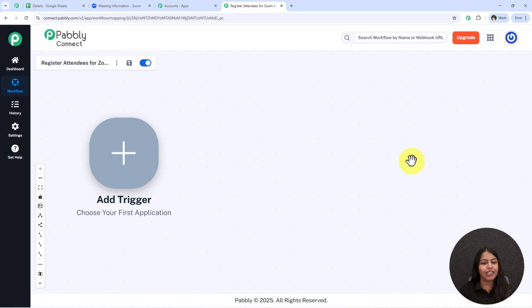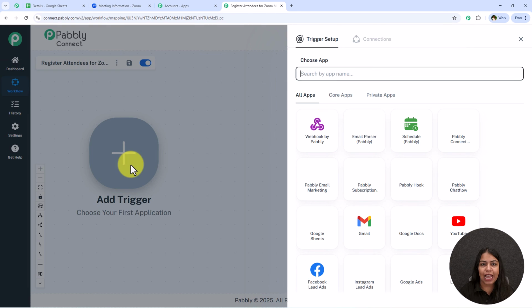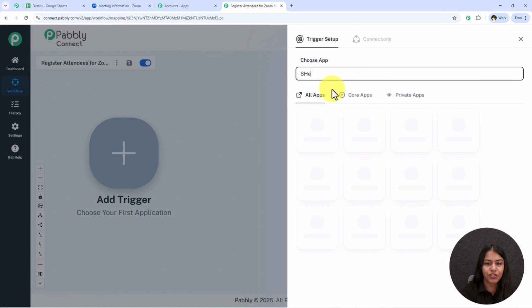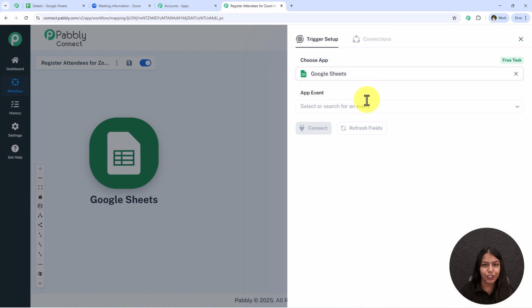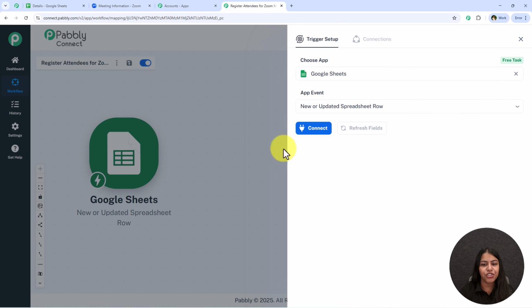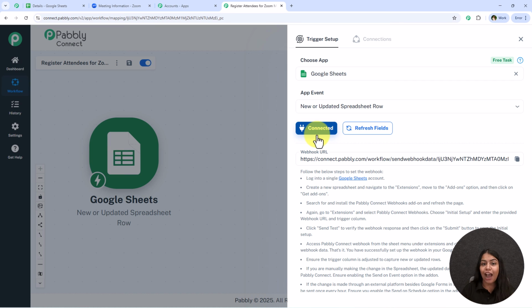So to get started, I'm just going to simply select my trigger application. So I'm just going to go towards this add trigger button, and now I'm just going to simply select my trigger application right over here, which is Google Sheets. So I'm just going to search for Google Sheets right over here, and as you can see the same, so I'm simply going to select Google Sheets. For the trigger event, I'm just going to simply select new or updated spreadsheet row and click on this connect. Now it has given me a webhook URL using which we're going to create a connection between Google Sheets and Pabbly Connect. Alright, so what I'm just going to do is I'm just going to simply copy this webhook URL,